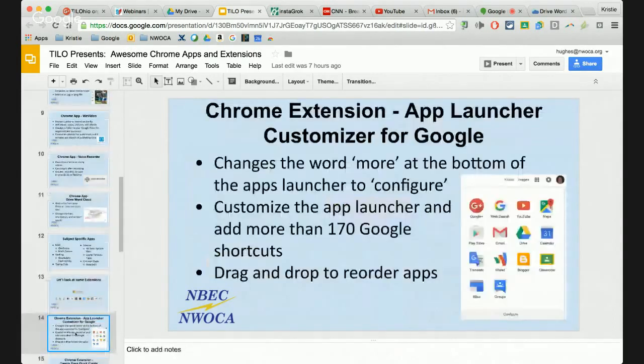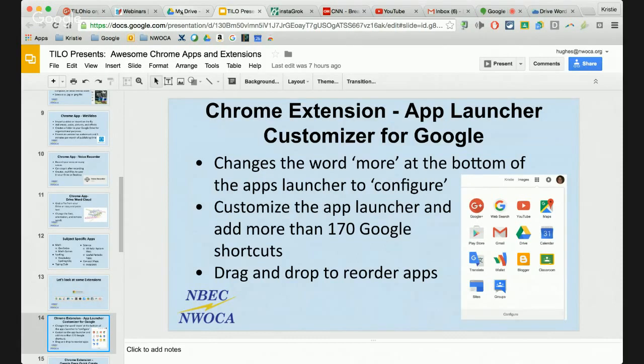This first extension that I'm going to show you became my favorite extension recently because I really didn't know about it until I found it. And I'm going to hop over to my Drive account so I can show you. This one is called the App Launcher Customizer for Google.